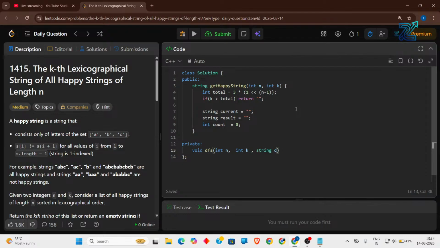String address current. So the reference of the variable in the string, the reference of the final value result, and count. So we have created the DFS using these values. So now we can check that